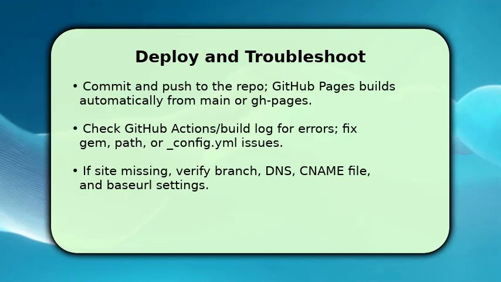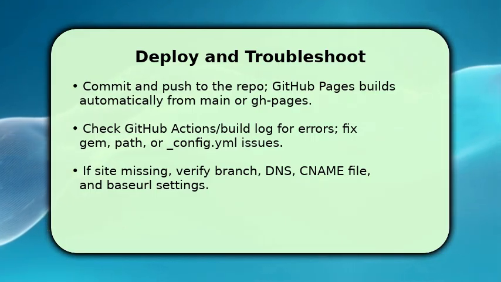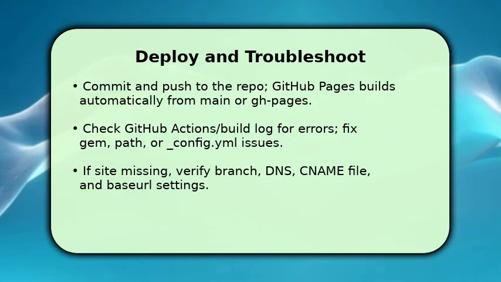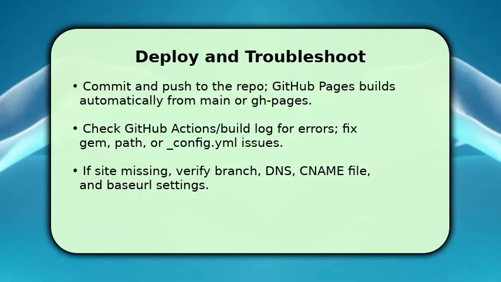Build failures usually point to gem compatibility, missing dependencies, or Liquid errors. If the site doesn't appear, make sure the correct branch is selected, check any CNAME or DNS settings, and verify baseurl in config.yml matches the repo path. If needed, run bundle update locally, fix errors, and